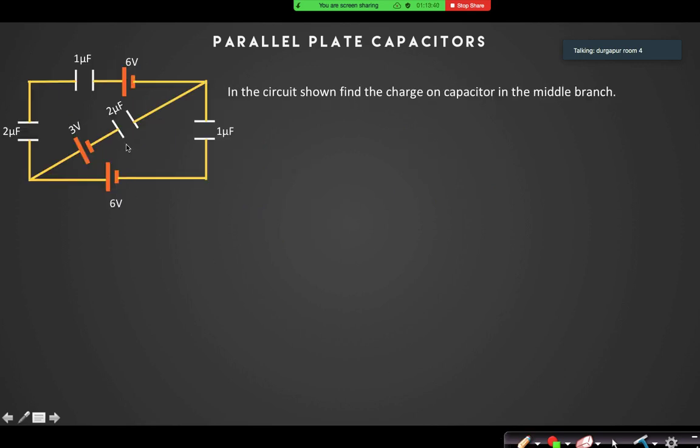Suppose this is 2 microfarad. So what is the value of X? If this is X I have assumed, then what is the value of X? Here you use the KVL equation, Kirchhoff's voltage loop equation. You remember the KVL equation? So there are two loops. You write two KVL equations first and try to solve this. Assume the charges to be anything. Remember to find the isolated systems first.